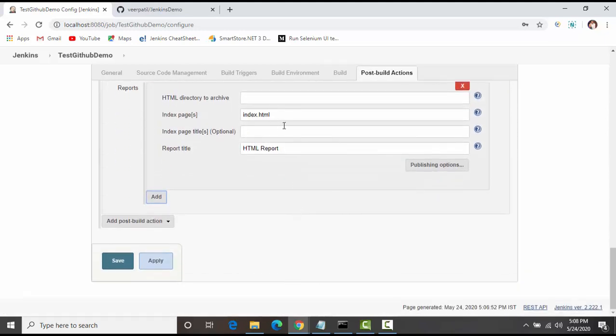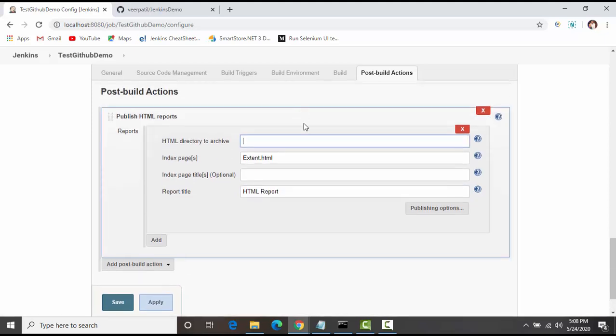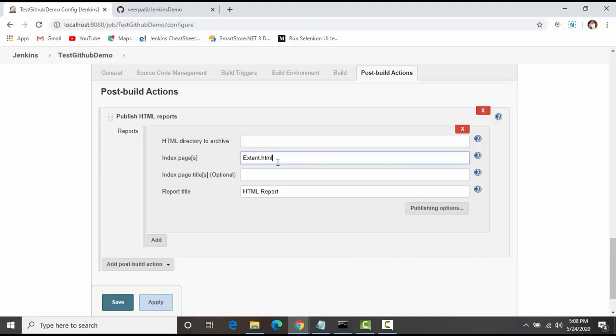Okay. Here what you have to specify is the index page, that is nothing but our extent.html. Report title, whatever you want to give, and here basically you have to specify the full path of your report file generated.